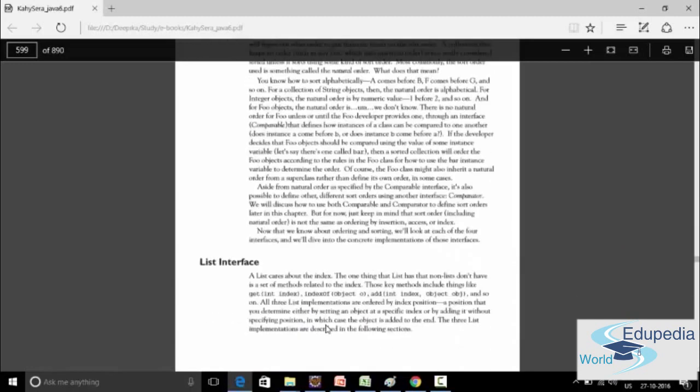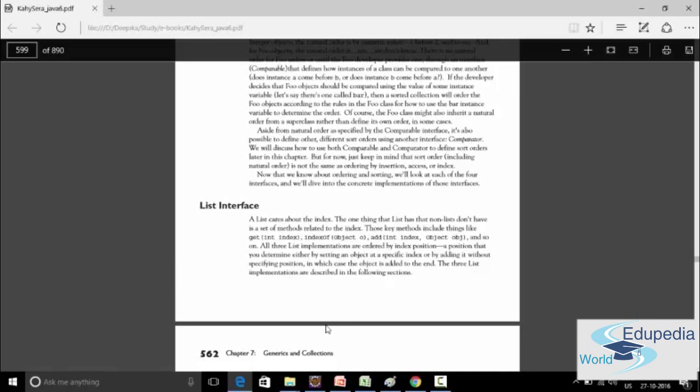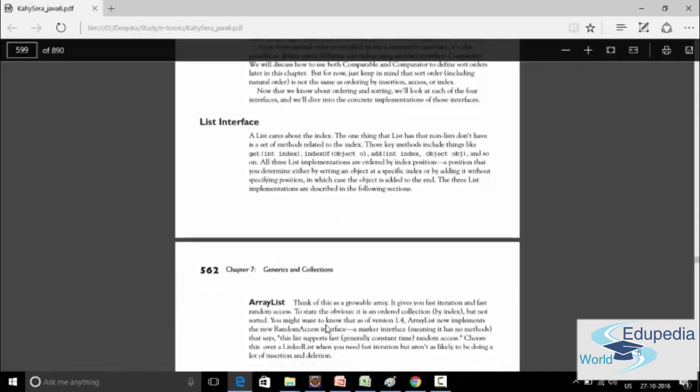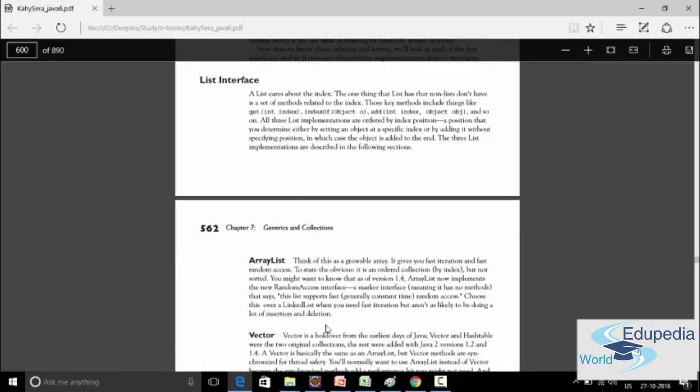I'm not going to study all of that, but I'm covering this tutorial just to let you know how you can study this chapter yourself, but I'm also covering each important part of this chapter, so that once you get to this chapter on your own, you'll get to know exactly what this line means and what you have to do. Now let's begin from the list interface.